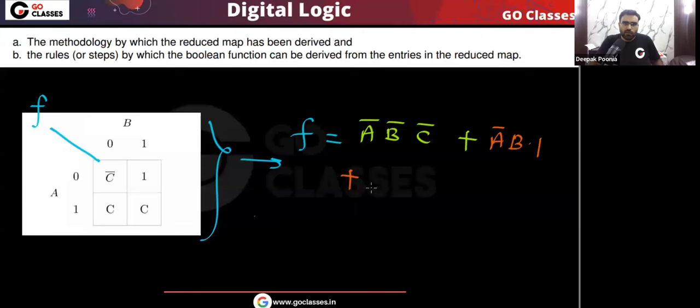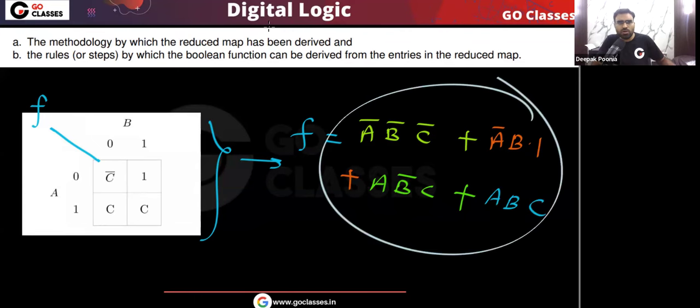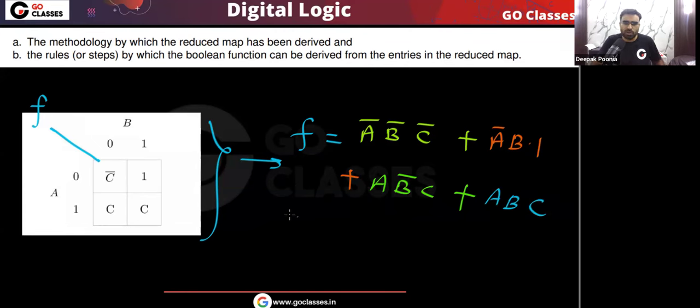Or for the minterm A B bar, means A1, B0, the function output is C. Or for the minterm AB, means A1, B1, the function value is C. So this will be your Boolean function expression. I hope you understood. Of course, if you want, you can simplify this further.